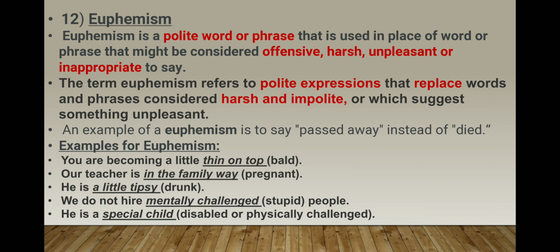He is a special child. Special child are the mild words used for disabled or physically challenged child, and this is the polite way to express your views. So this is euphemism. जैसे हम किसी अंधे व्यक्ति को अंधा कहने के बदले प्रज्ञाचक्षु बोलते हैं, या किसी लूले लंगड़े व्यक्ति को हम विकलांग वर्ड यूज करते हैं. These are the two best examples of euphemism.